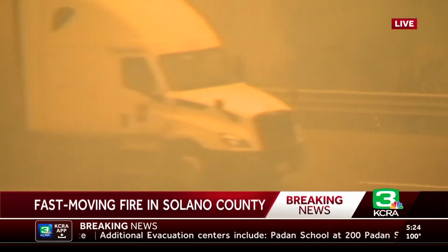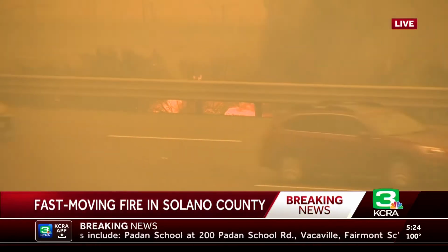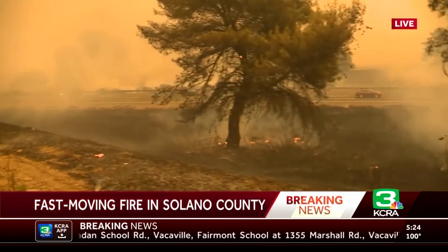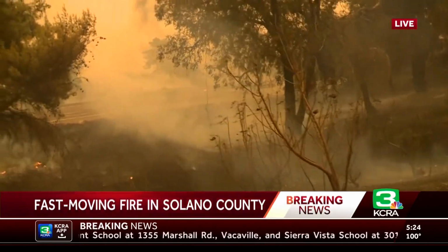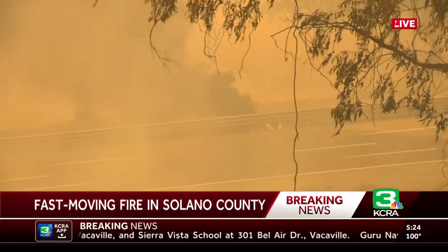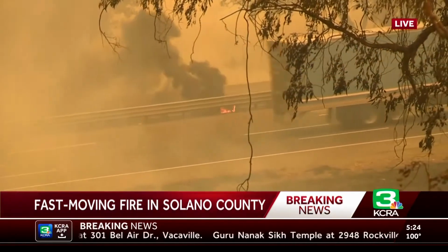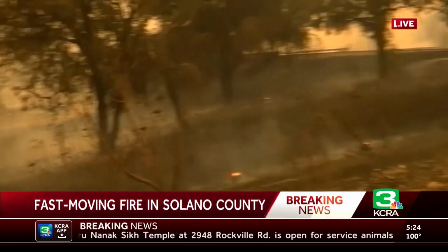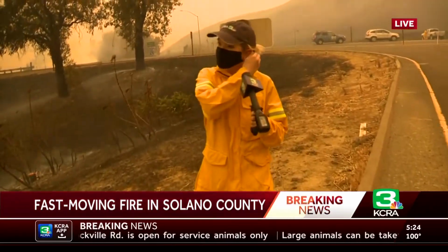In the middle of that time frame, that's when we started to see a lot of people packing it up, getting their things. Around 4 o'clock, some were still hanging out near this intersection, watching the fire as it was coming down the hill. A lot of people here have property, and they were just looking to make sure that their property was going to be okay, that this fire wasn't going to be heading in their direction. So we did see people out here until about 4 or 5 o'clock, but right at 5 o'clock, that's when we started to see the fire really start pushing through,